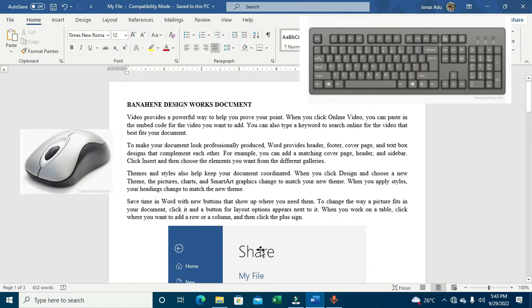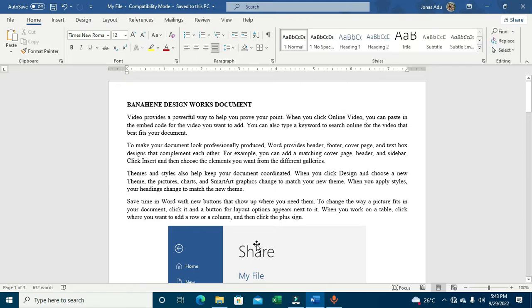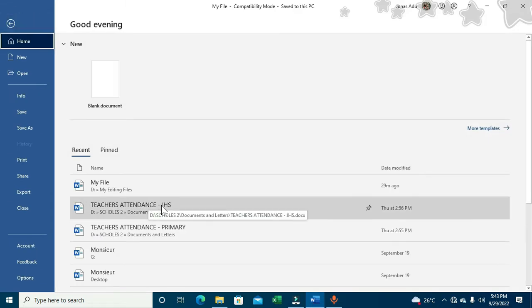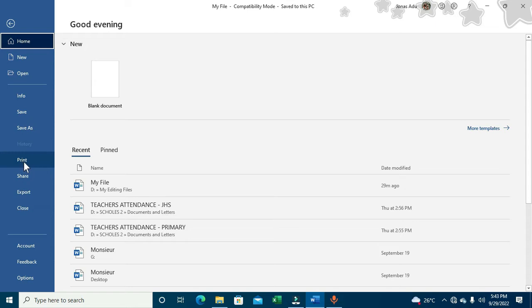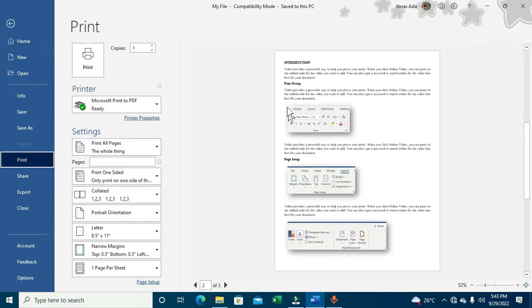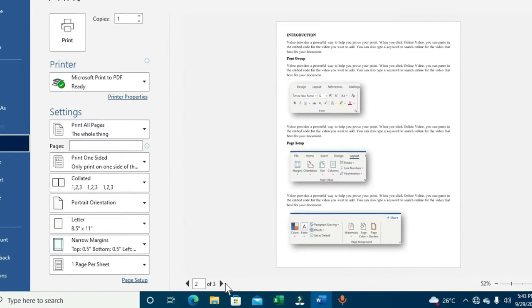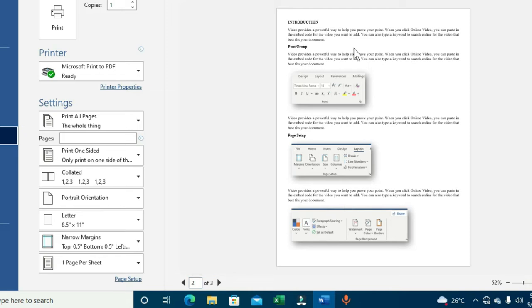So the first approach to print the Word document is to click on File, and when you click on File you have this interface, and we are going to select Print. When you click on Print, you get this interface that relates to the print command. We have the preview of our Word document at the right side or the right pane of the print settings configuration. When you move down, we have this display of pages here, and currently we have page 2 displayed in